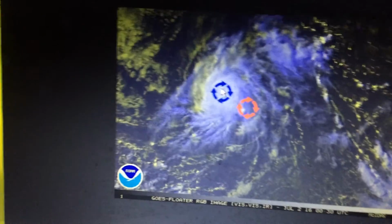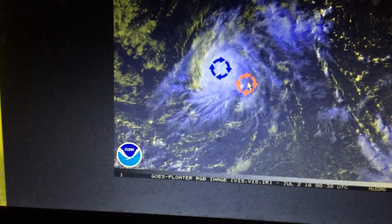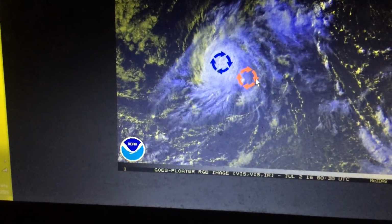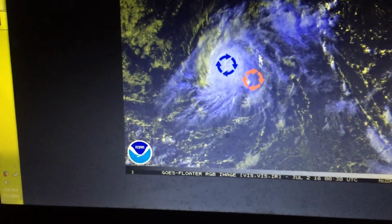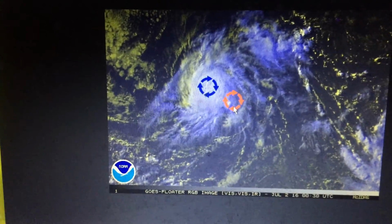regardless of what I was told, that does not change the fact that there's a mid-level center here and the low-level center is right about here. You can see the distance displaced. That's why you can see the most convection turning is at the mid-levels. Well, it actually looks really nice in the low levels. I'm not actually sure how much of it is due to shear. Maybe this is because the